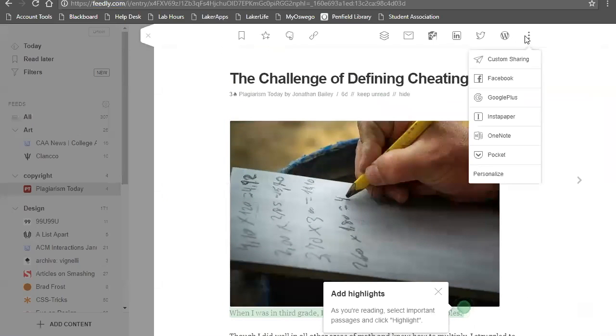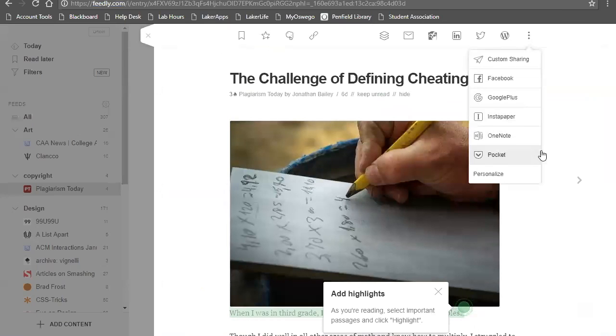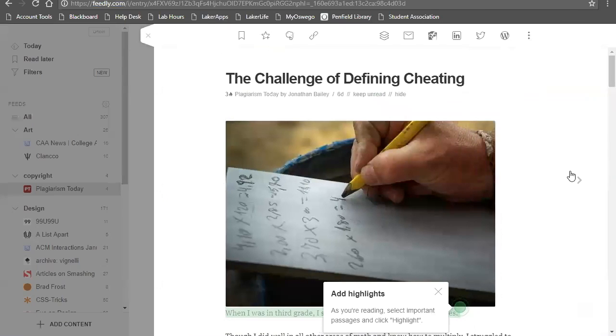And usually you can create some custom searches for feeds too. So you can do a search and generate a feed from that. And some other apps: you can see I have my Pocket account hooked up to this, so you can hit my Pocket and it puts it right in that account that I have. So those are things that can be really handy. If you use readers like Instapaper or anything like that, you can use that as well.